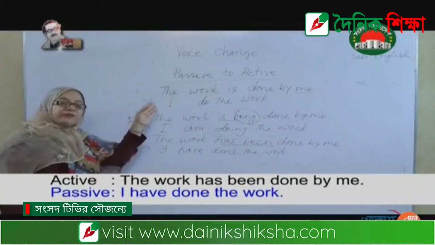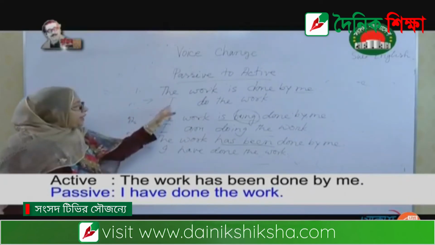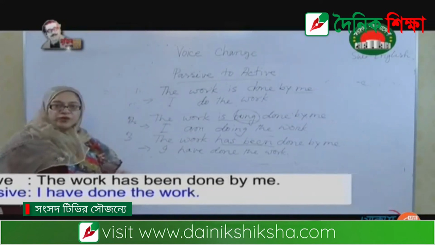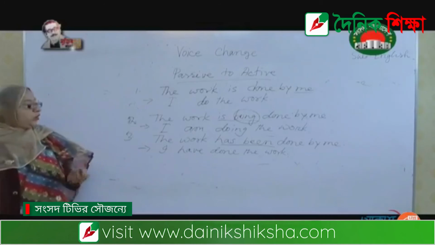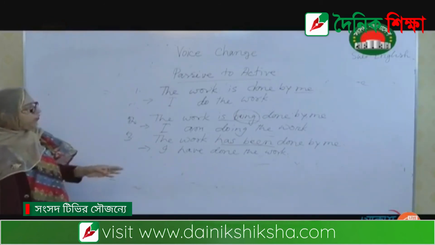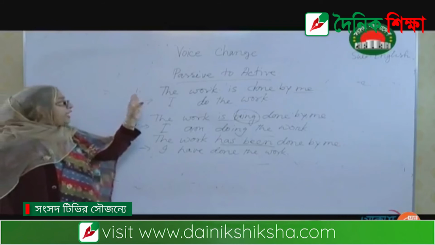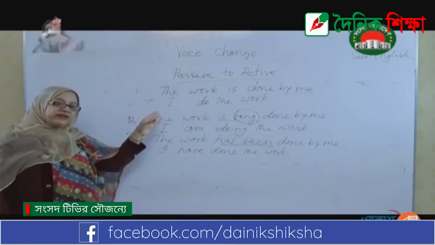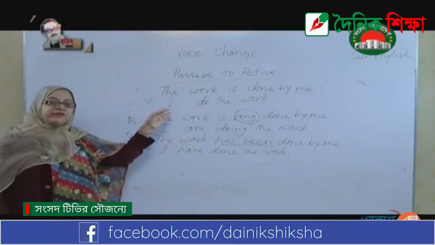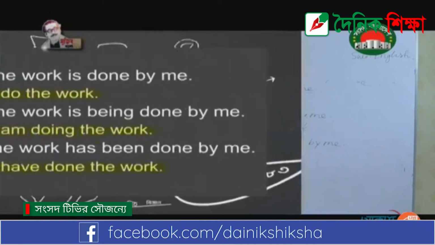Can you turn it from passive to active by following this rule? If we practice active to passive, then we can easily turn passive to active.